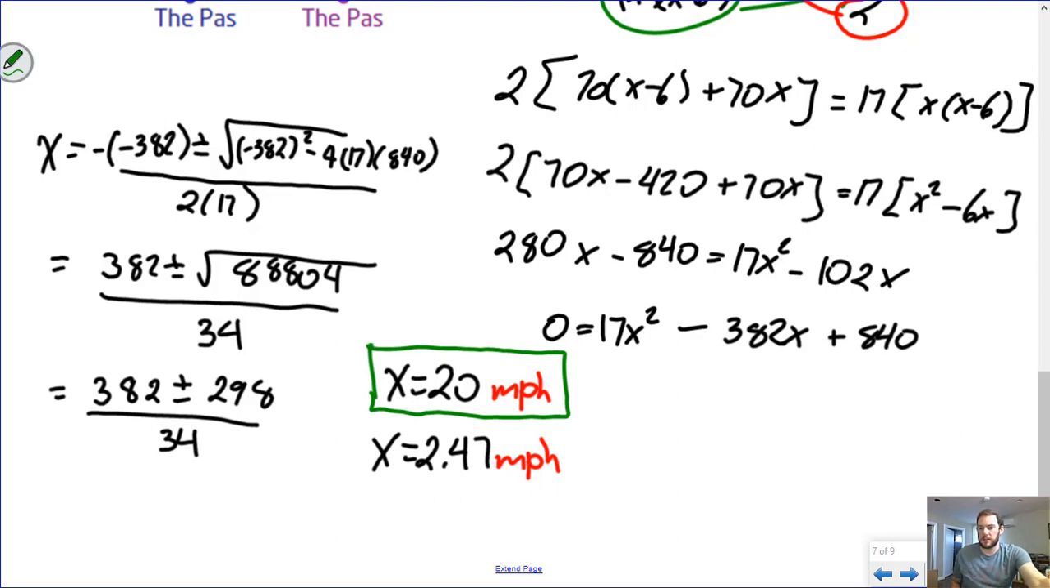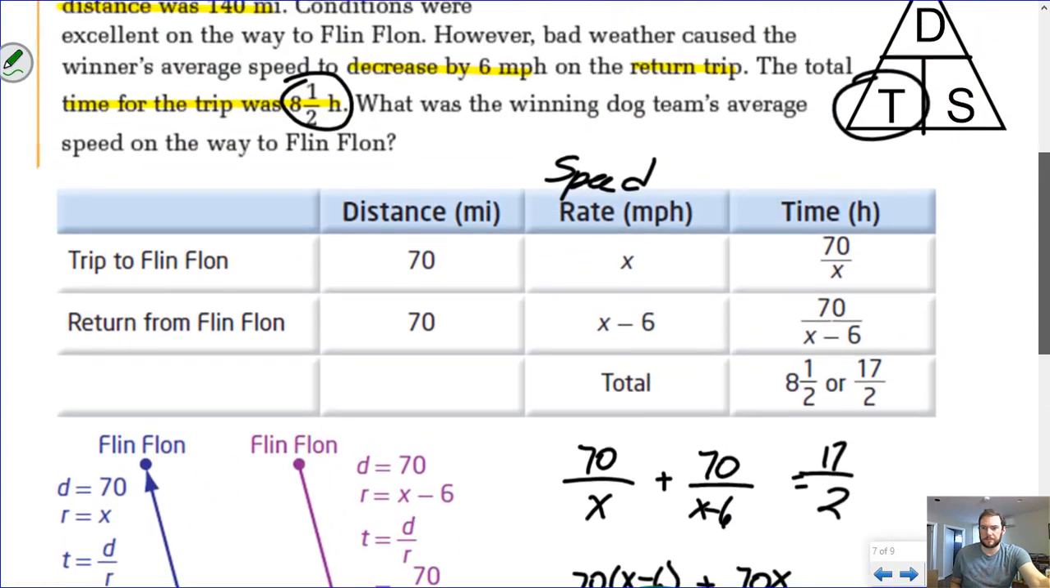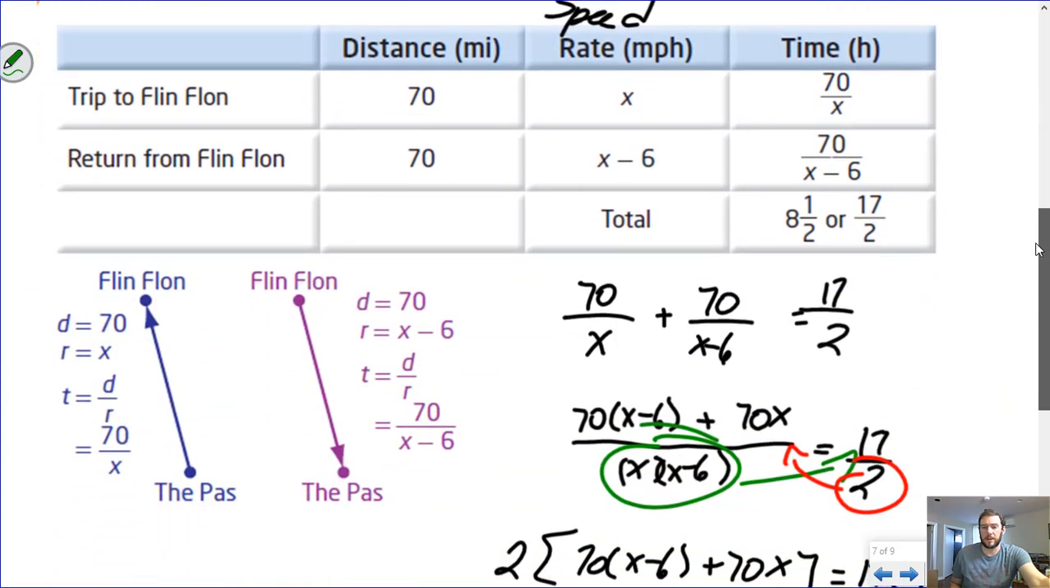Well, think about the question, and let's reread it for a second. Or let's even look at our table for a second, right? Now that I know my answer is either 20 or it's 2.47, that's this x here, the speed that we're going on the trip there. Then if we look at the speed we're going on the way back, well, 20 minus 6 is 14, but 2.47 minus 6 is negative